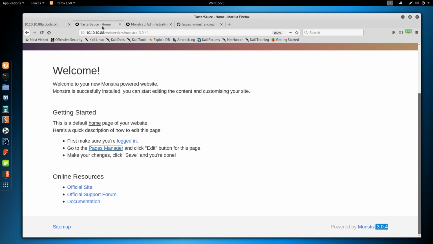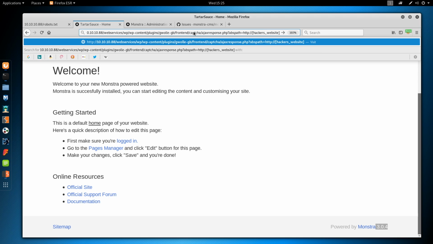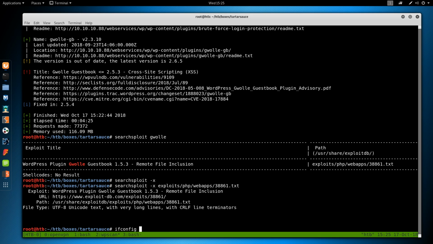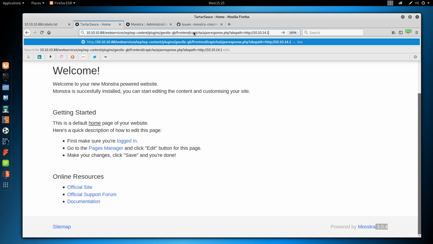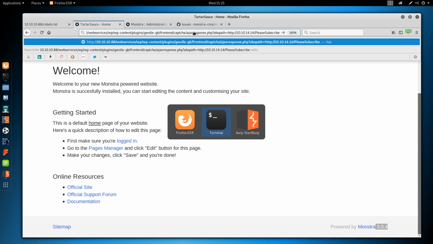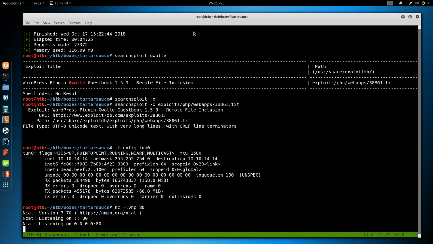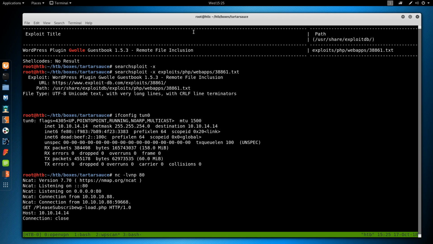Let's try this. So go to Tartarsauce. We want to go to Web Services WP, and then /wp-content/plugins. And for this abspath, we want to put our IP. So we're 10.10.14. Let's see, what are we? ifconfig tun0. We are 14.14. And RFIbox would listen on port 80. Run this, go back, and we see the web server 10.10.10.88 has initiated connection and try to get the file